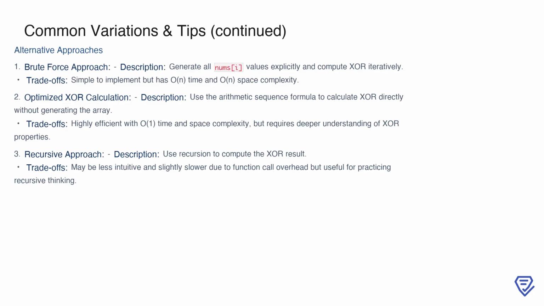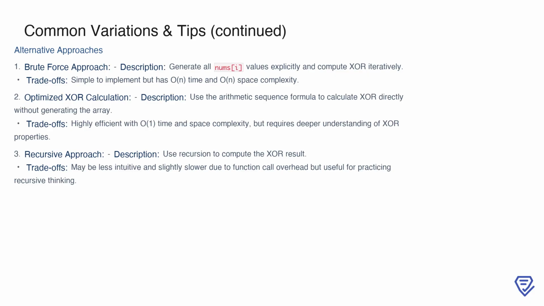Finally, let's examine alternative approaches to solving this problem. The brute force approach involves generating all nums[i] values explicitly and then iterating through them to compute the XOR. While straightforward, this method has O(n) time and space complexity, making it inefficient for larger inputs. A better option is the optimized XOR calculation, which uses the arithmetic sequence formula to compute the result directly without generating the array. This approach is highly efficient, with O(1) time and space complexity, though it requires a solid understanding